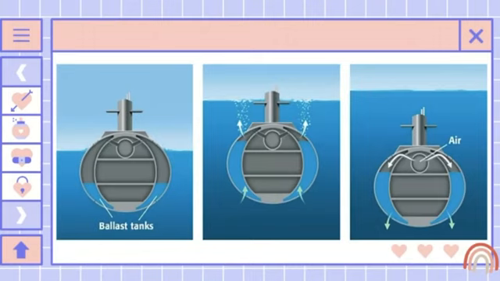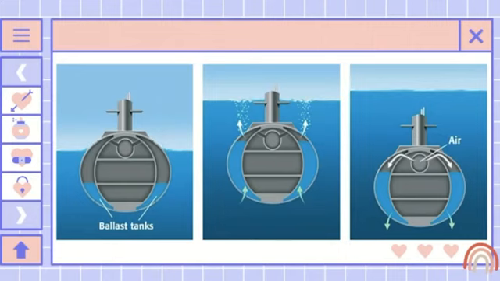So this picture is about to explain how the submarine will sink and float. So the first picture, when a submarine is floating on the ocean surface, its ballast tank are filled mostly with air. Kandungan air dia lagi banyak daripada water, so sebab tu dia float. Because when it is filled with air, the submarine rises to the surface because it has a positive buoyancy. Okay, the second picture pula,